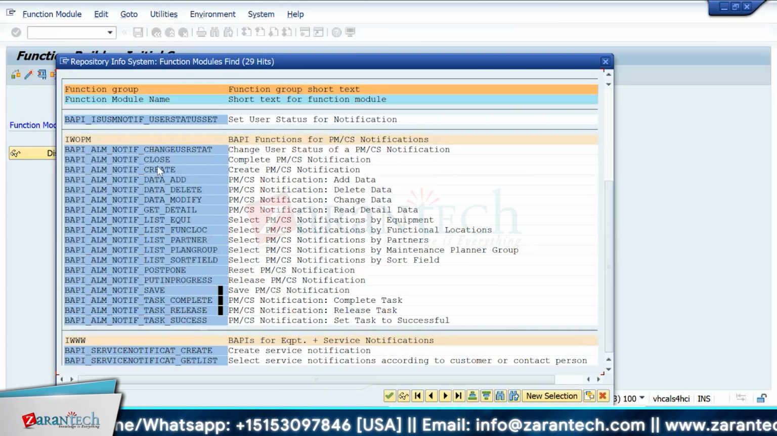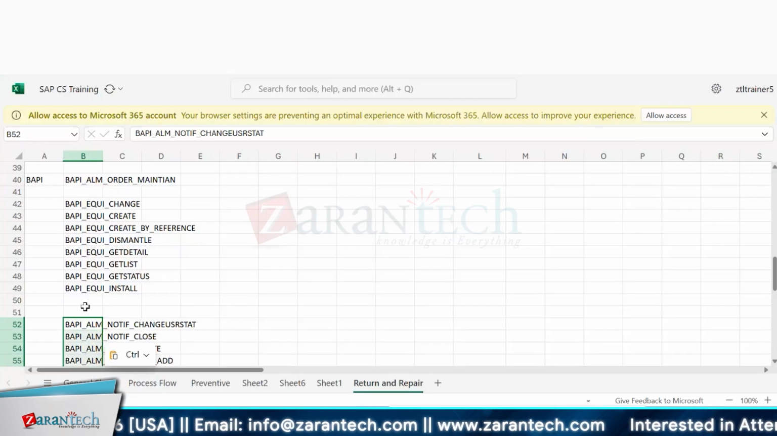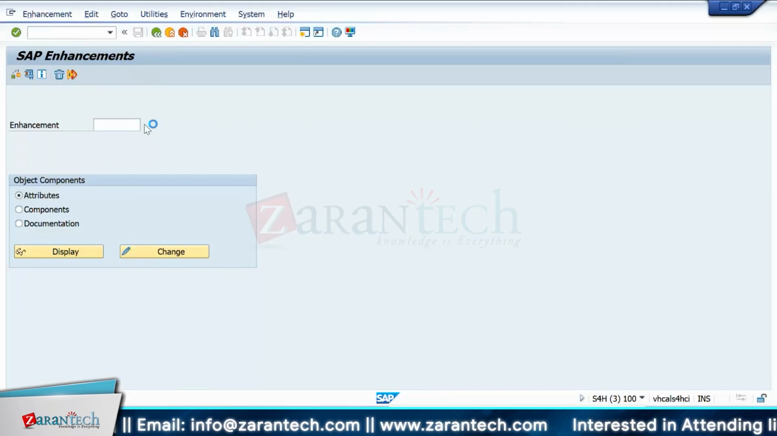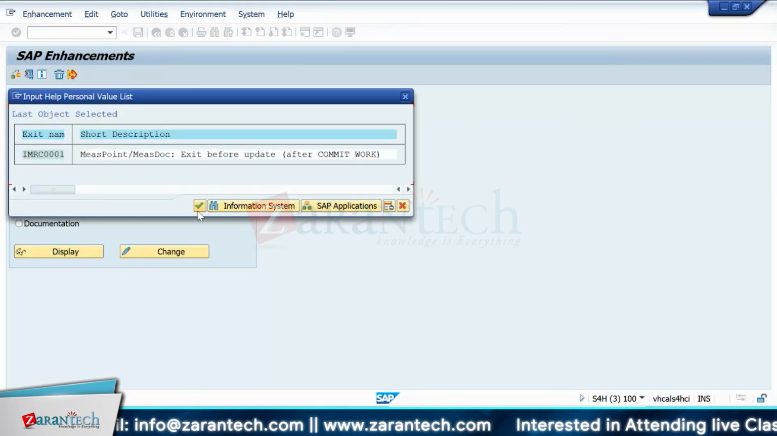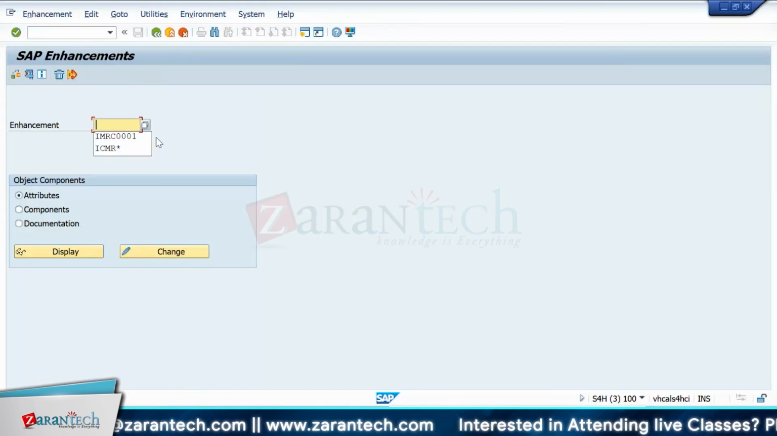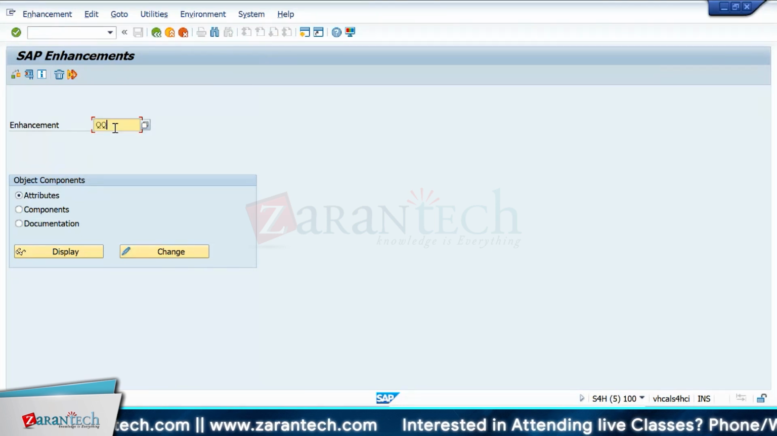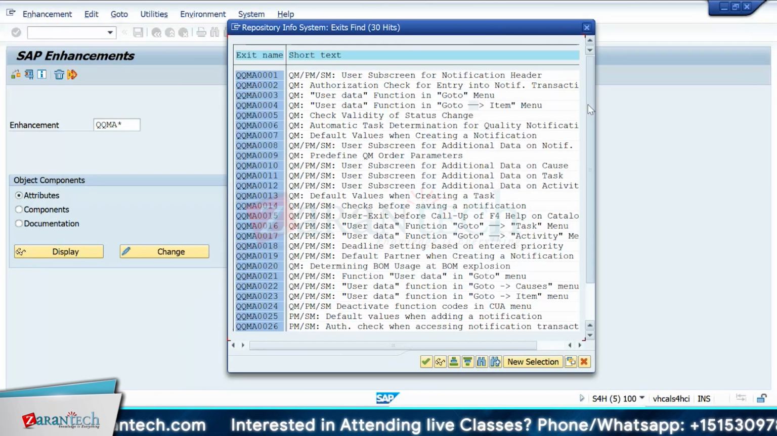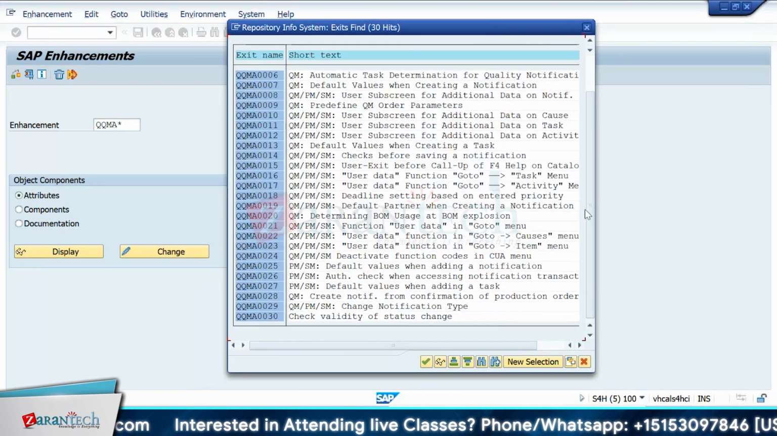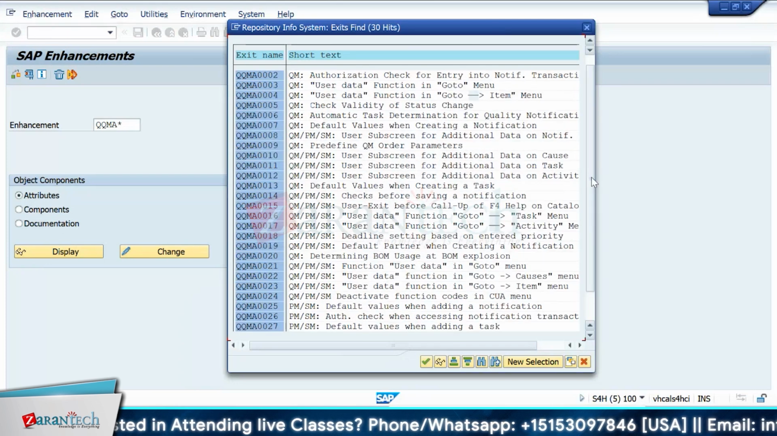If you want to create, you can create here, close here. For any change in status, you can use here. You will be using IW, QQM star. So whatever we are getting from these details, these are all the user exits, where you can put any task or any check before save, after